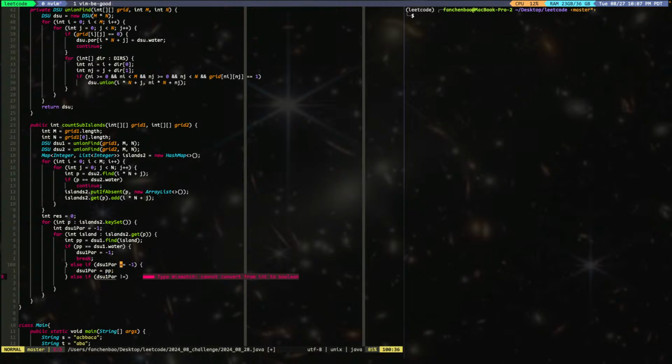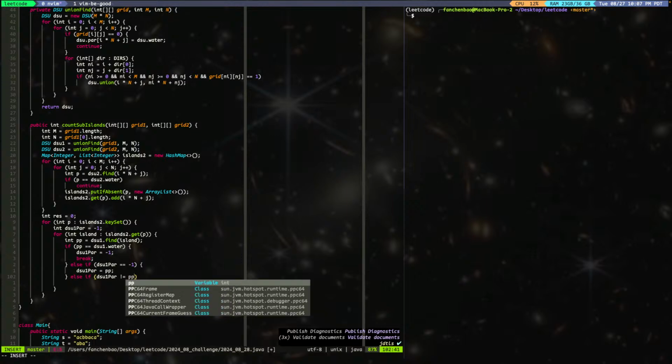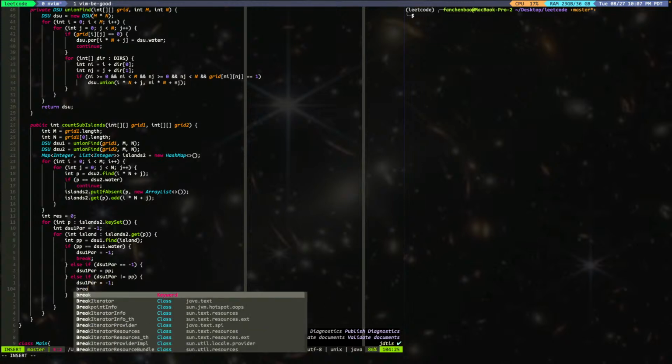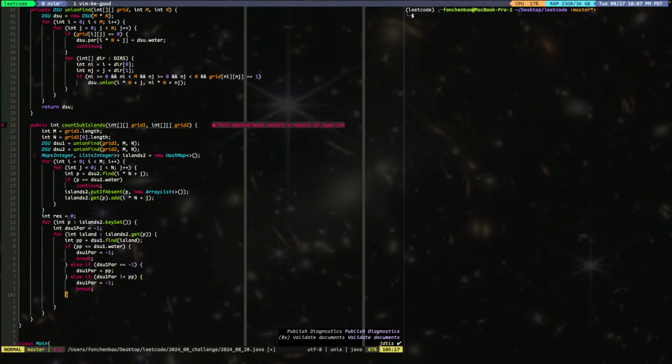Okay, if it has been set before, but it's not equal to PP, we'll treat it the same, which is DSU1 parent we set to -1 and we'll break. Else is equal, right? DSU1 parent is equal to PP. And when that happens, that's good. So we just keep going. And at the end,